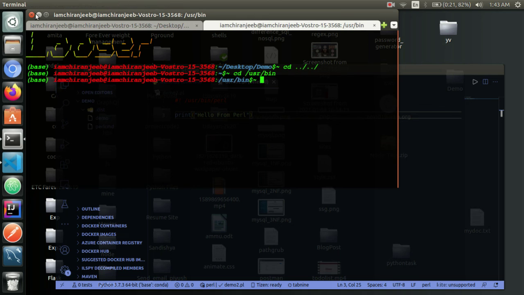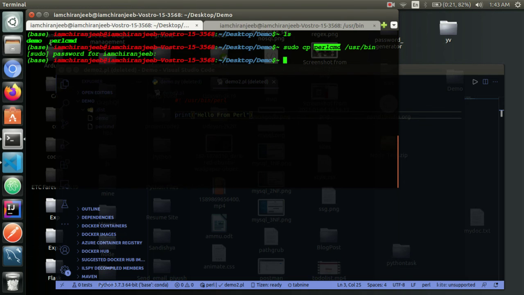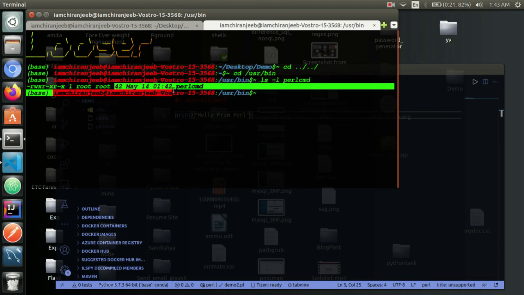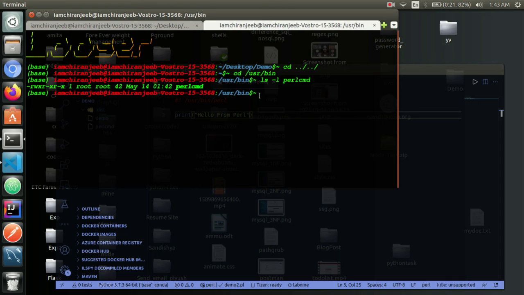And now I will check whether this executable script is present here or not. For that I will type ls perlcmd. Yes, it has been successfully copied to /usr/bin.